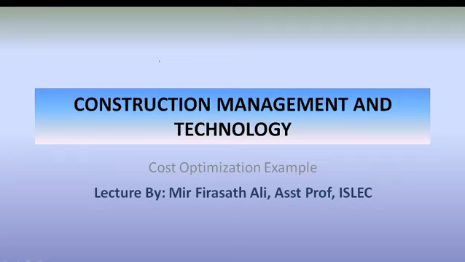So in this lecture I'll see about a cost optimization numerical example. In previous classes we have seen what are the steps to optimize a given project for optimized cost and optimized duration. We have seen about direct cost, we have seen about indirect cost, and how the optimization works when we compare direct cost plus indirect cost to get total cost, and what are the variations of total cost with respect to time and cost. So let us see one numerical example based on this topic.